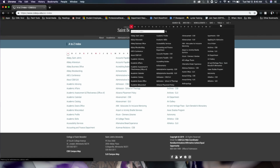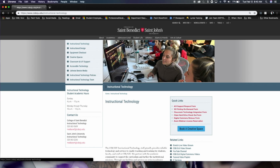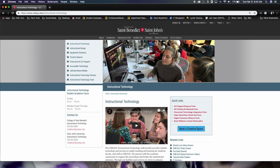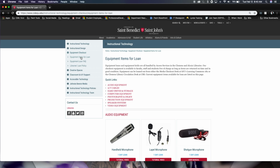From the CSB+SJU homepage, I'm going to go up to A to Z, go to I, and find Instructional Technology. Once we are on the Instructional Technology page, we are looking for this Equipment Checkout tab. And within that tab, you'll find the Equipment Items for Loan tab. I'll click on Equipment Items for Loan, and here you can see all the equipment that we have available for